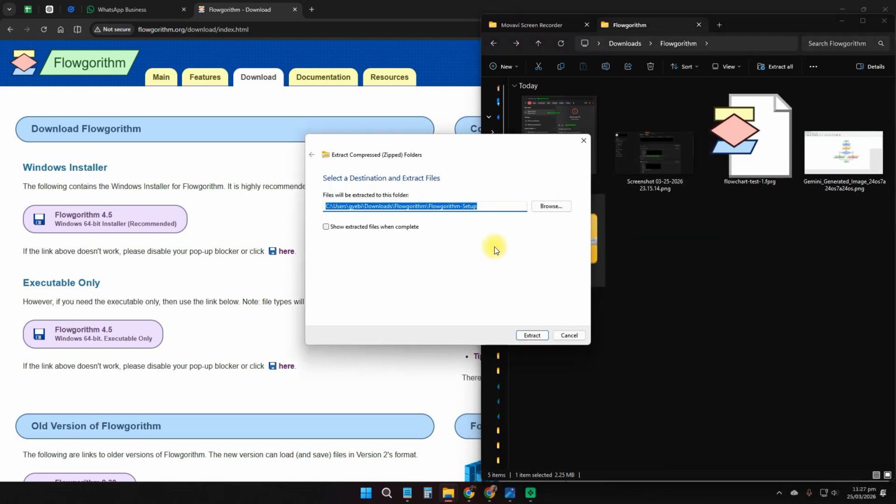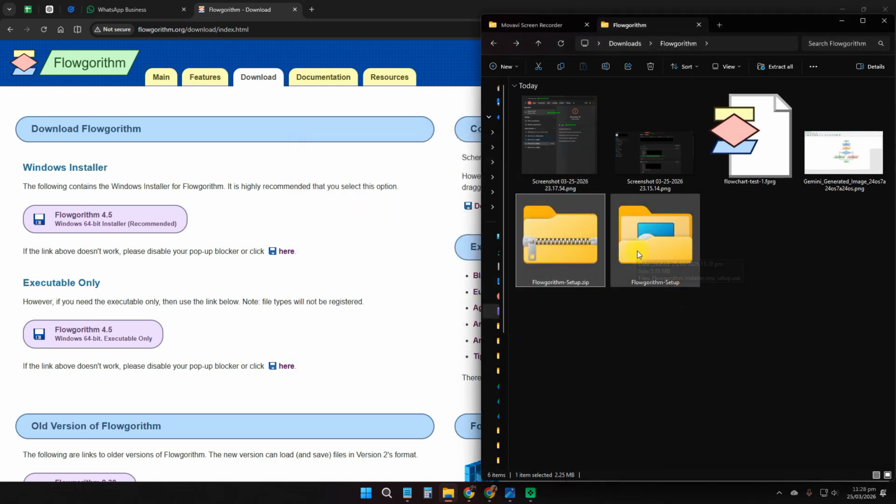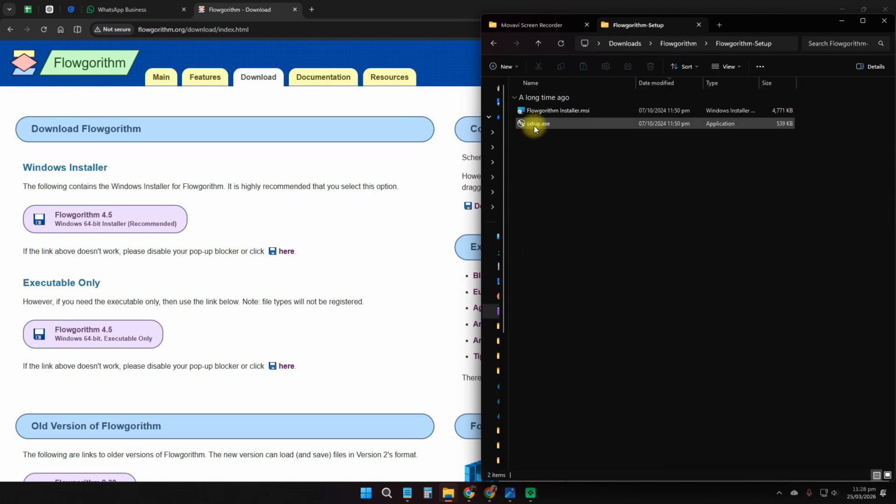and then a pop-up will come. You don't do anything. It is showing you the directory where it is going to extract it to. If you want to change it to a specific directory, you can browse and then change it here, but you don't need to change anything. It would extract it into the same directory. So you click on extract, and then you can see there is a copy of the zip file here, but without the zip. So this is the extracted folder. When you open it, you are going to see,